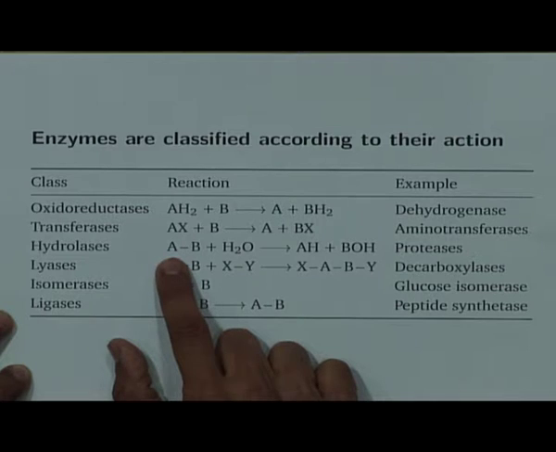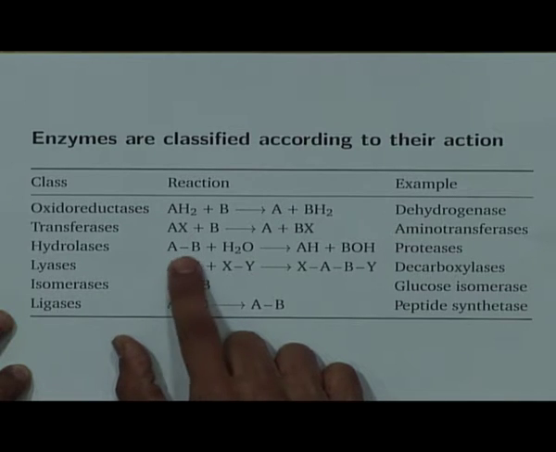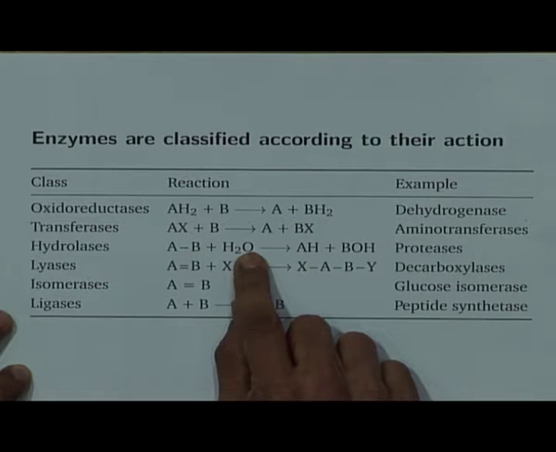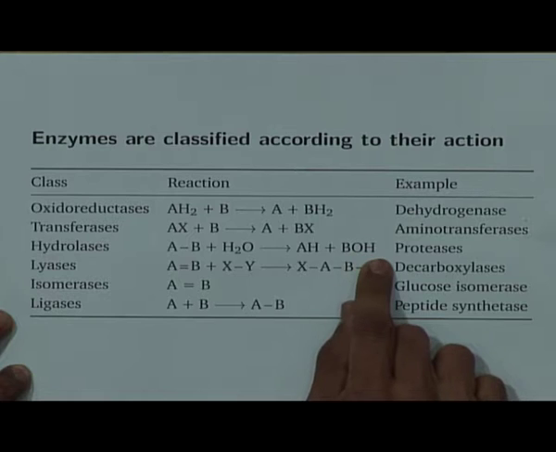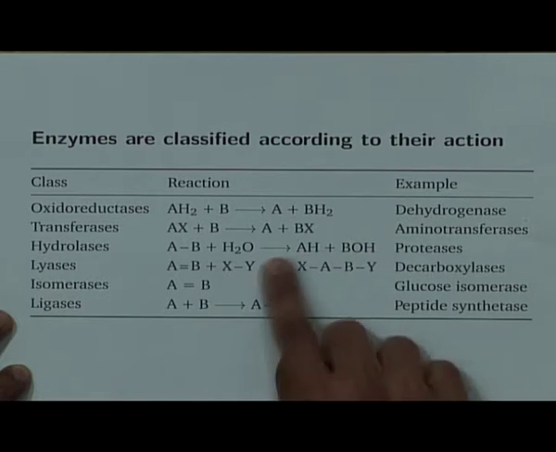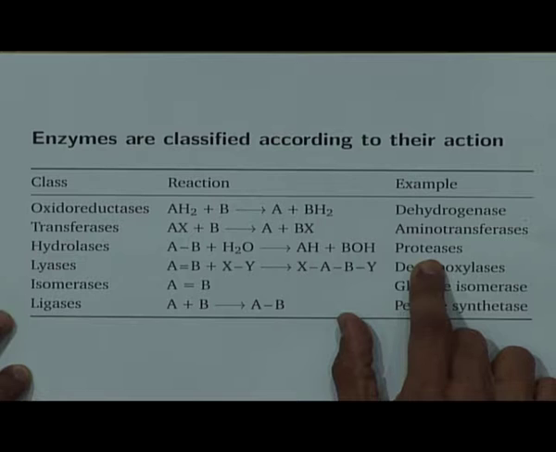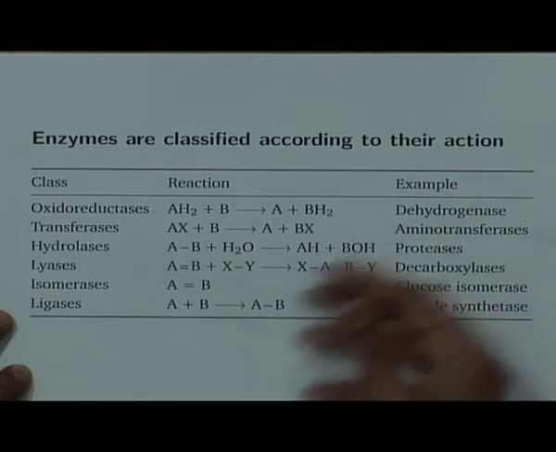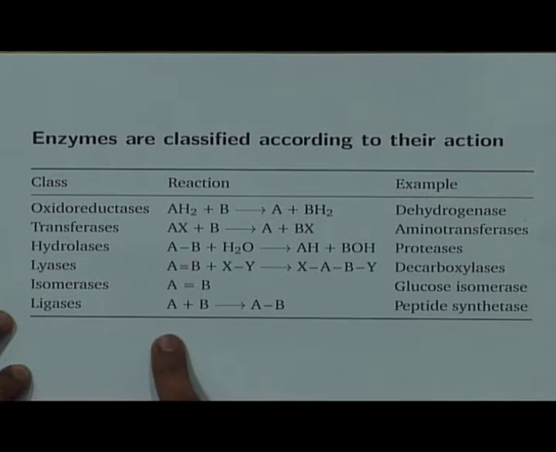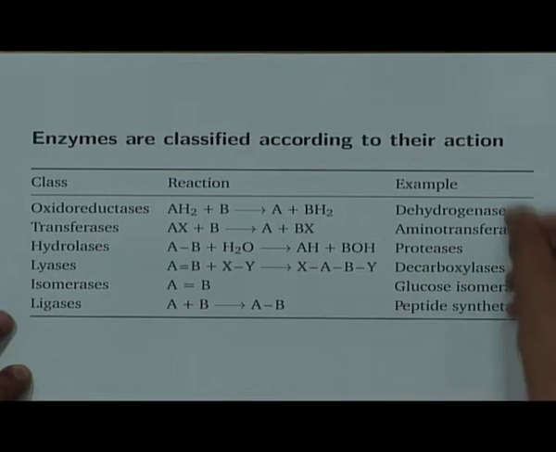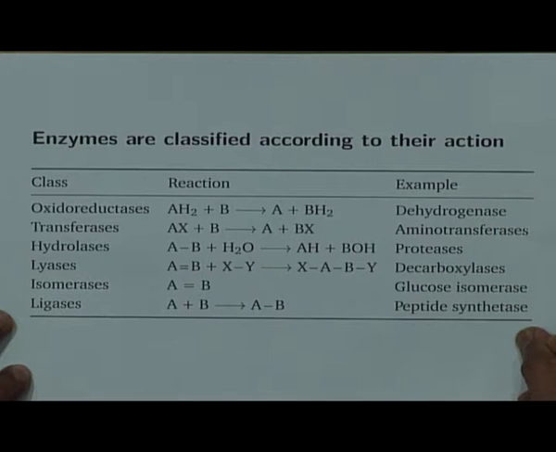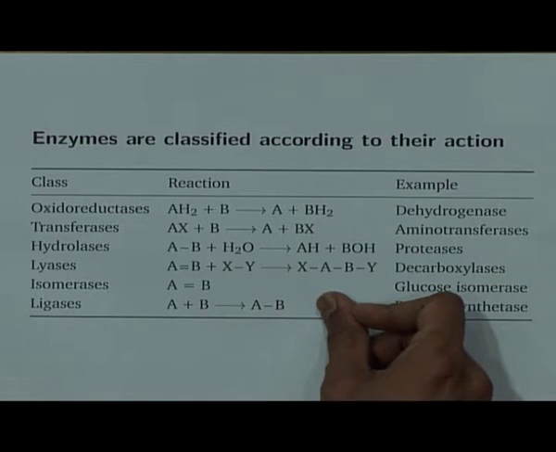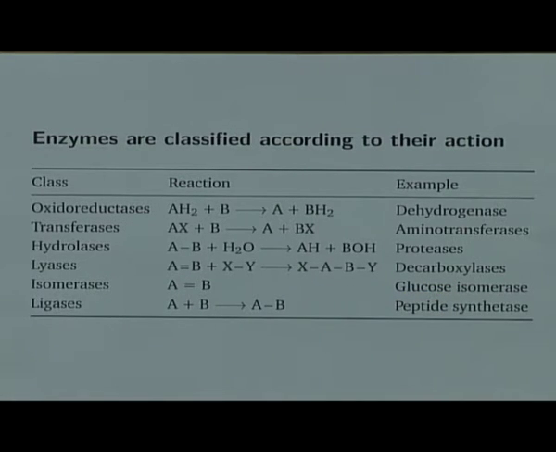The third kind, which is very popular, is if I have a molecule AB and I want to cleave this bond with the presence of water, I can get AH plus BOH. So, this is an example of a protease and so on. And there are 6 different classes that is typically observed of the kinds of reactions that these enzymes do. And here are the various examples for each of these categories. But the important thing for us to realize is that